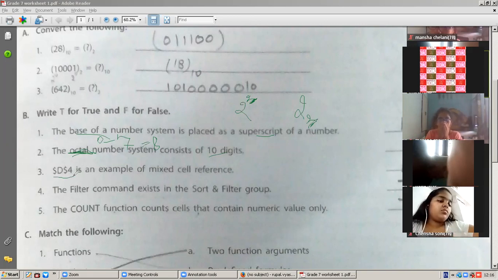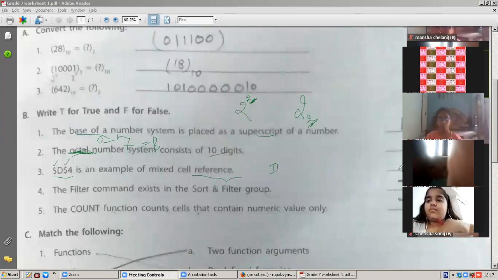The address of a cell is an example of mixed cell reference. It is not an example of that, because dollar signs are applied in both places. Whenever we have a dollar sign in both places, we consider this the absolute cell address. We call it absolute cell address, not mixed. We have discussed two cell addresses, absolute and